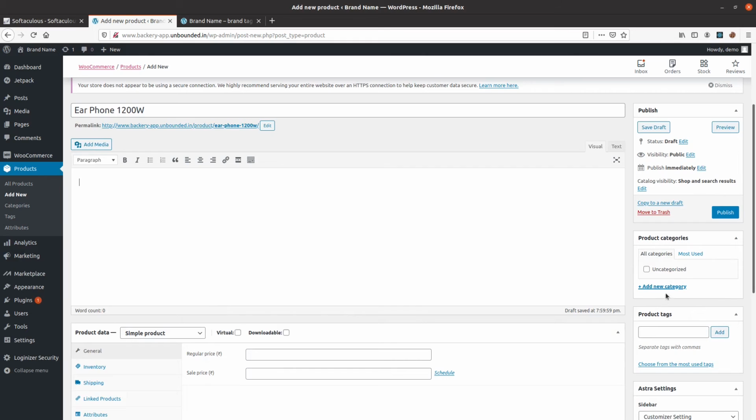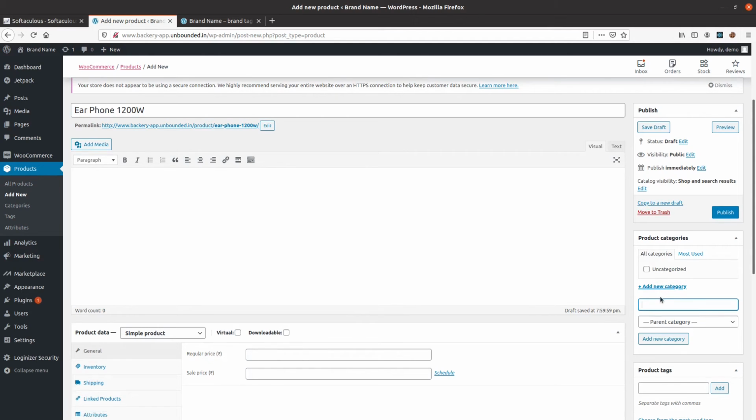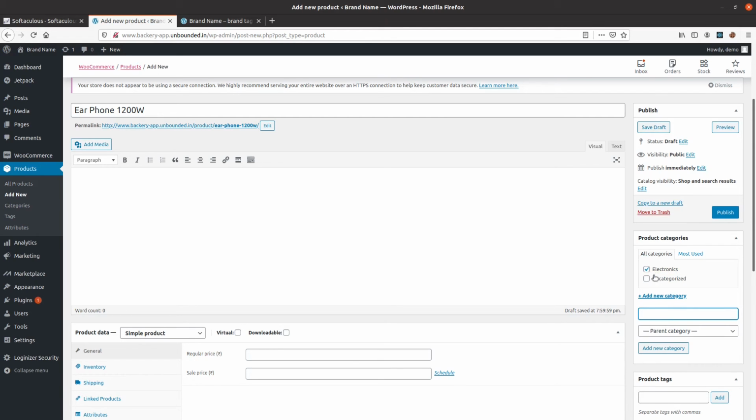And then you can add a category to this product. We also wanted to create an electronics category. Since this is the first product in this category, we'll have to create a category for this. Later on, you need not create it, you can reuse the electronics category. It will start showing up from the next post onwards, because this is the first post.